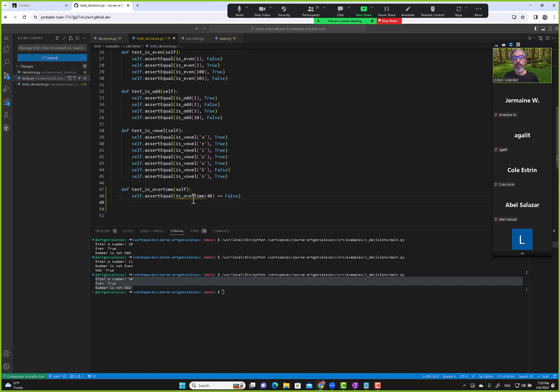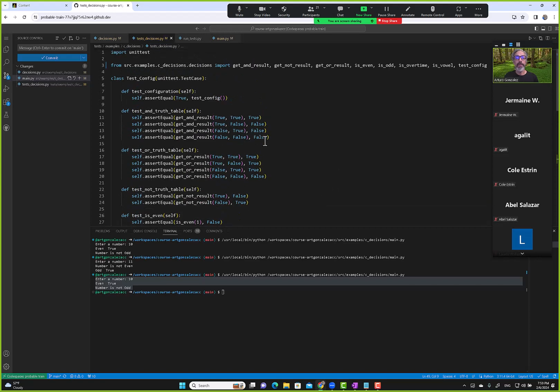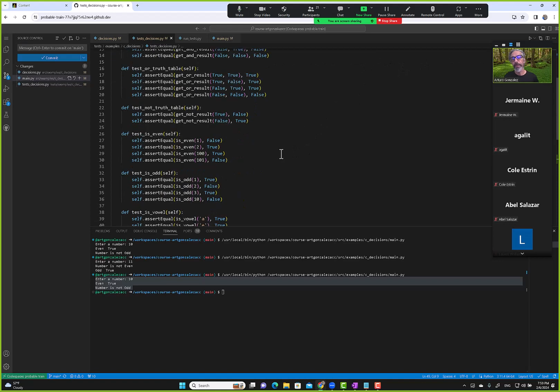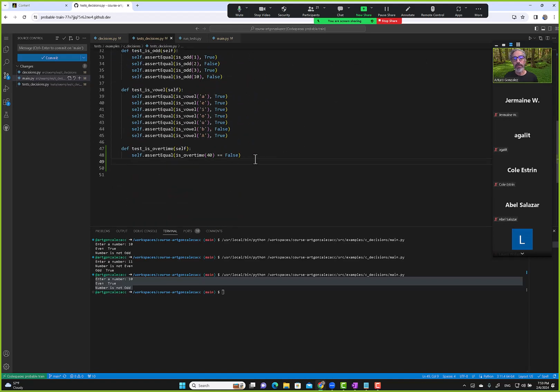I need to include overtime here or import it. So I go hover, quick fix, add, and then this overtime is added for me here. Okay. So now it understands what this overtime is. Then I can come here, self.assert equal, is